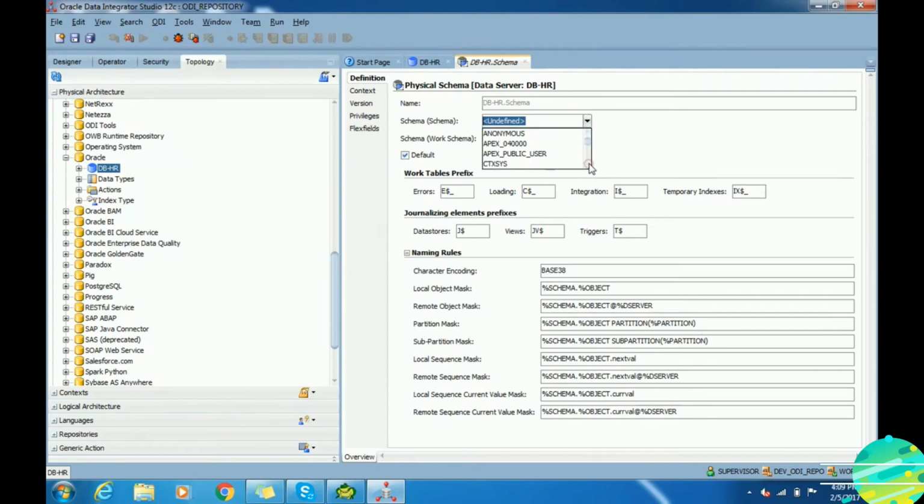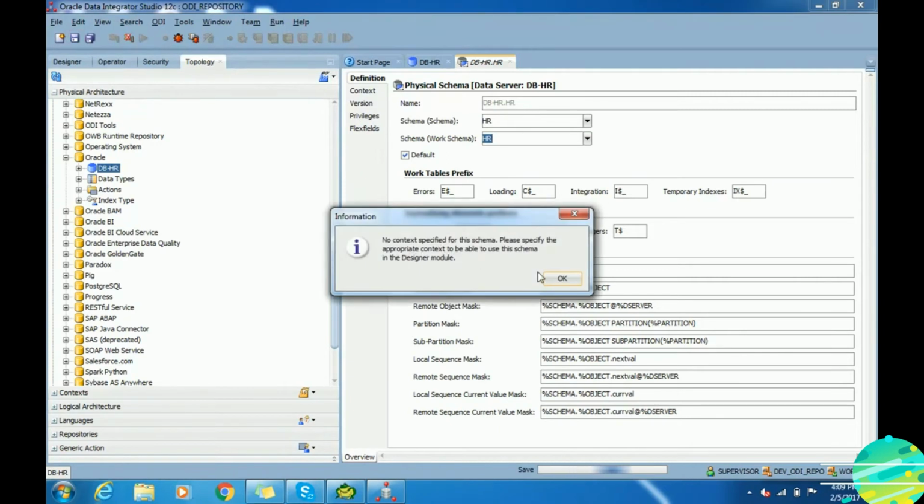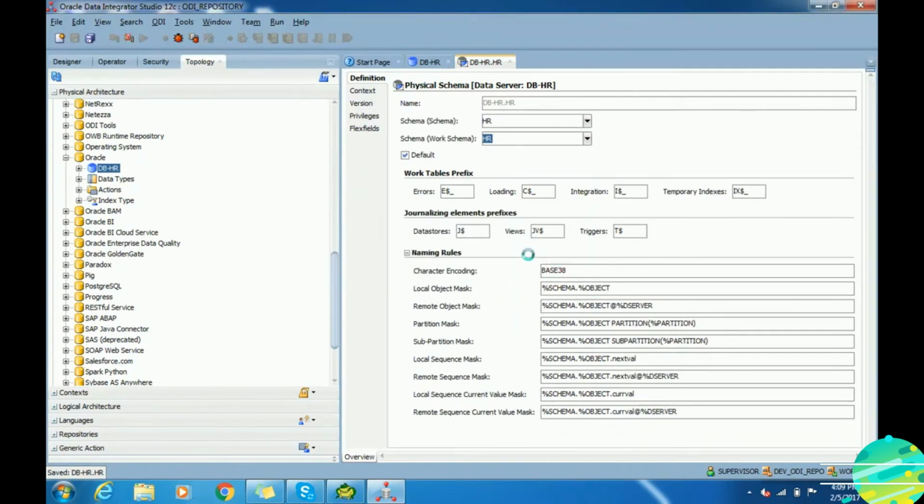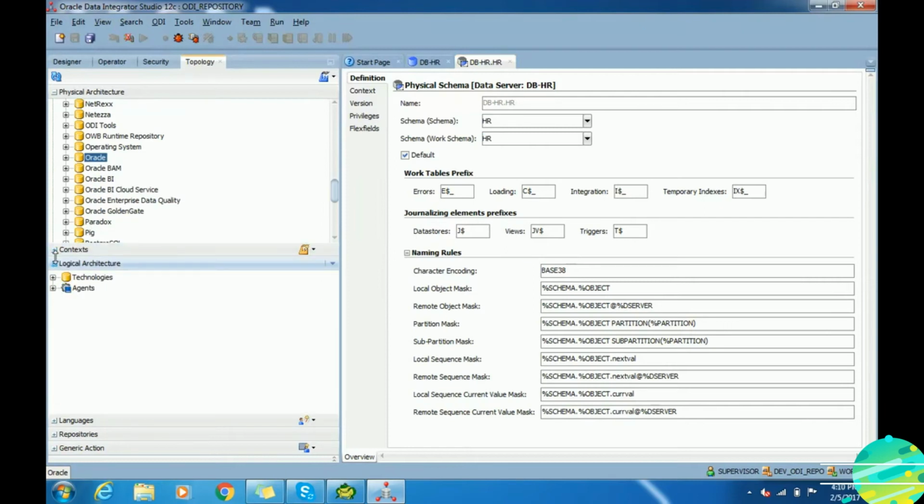This is the list of the schemas which exist in my trial database. Because I created my target table in HR schema, I am selecting HR here. If you notice, before saving, the name on the top tab is always in italic, like dbhr was italic. The moment I save it, it becomes normal.